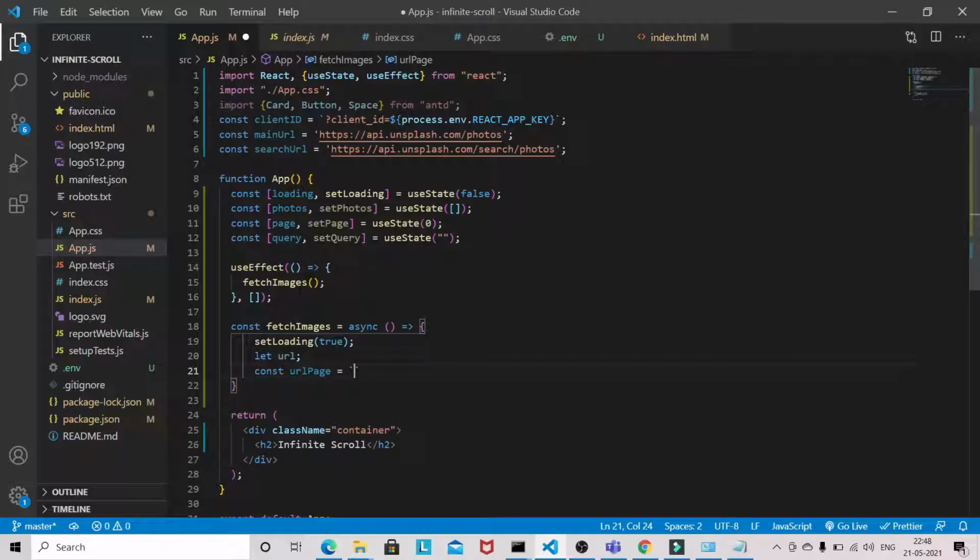So we have to customize this one, and this is the urlQuery. So urlPage for getting the random images, and urlQuery for searching the image with the keyword like beach or any keyword you like to search the image.